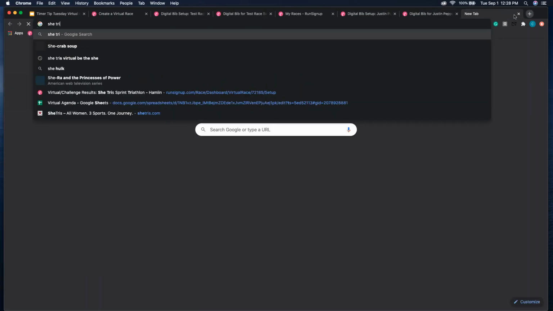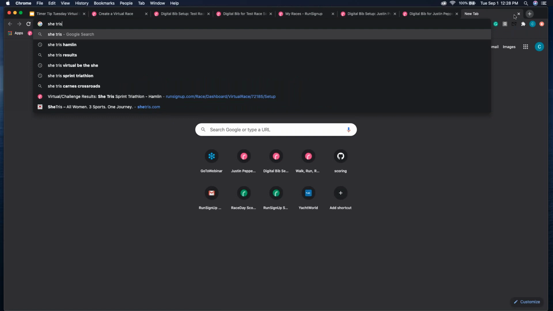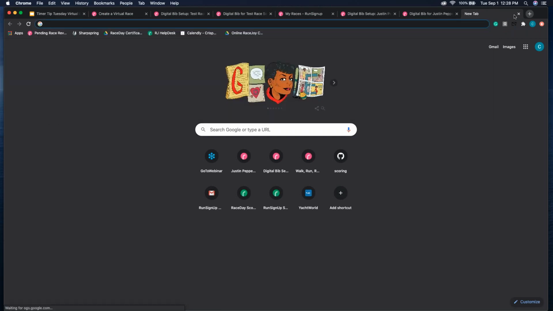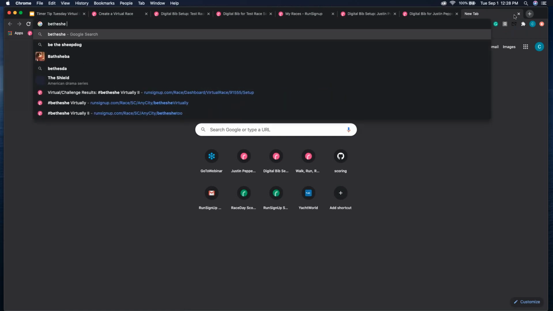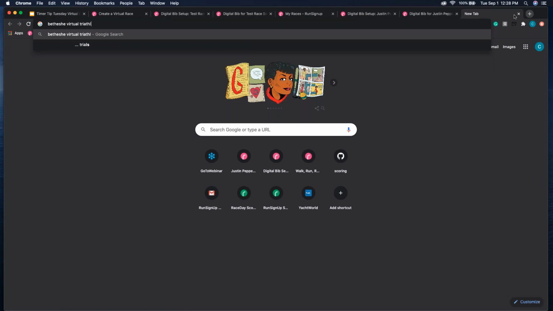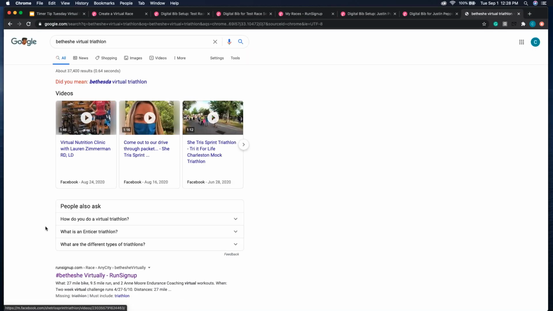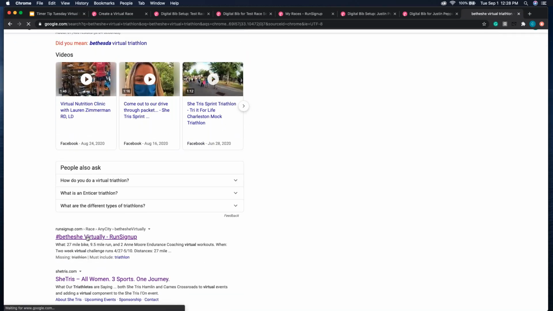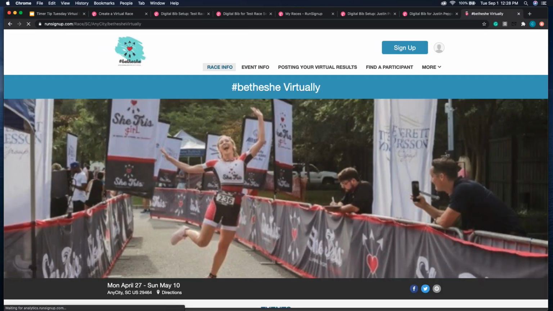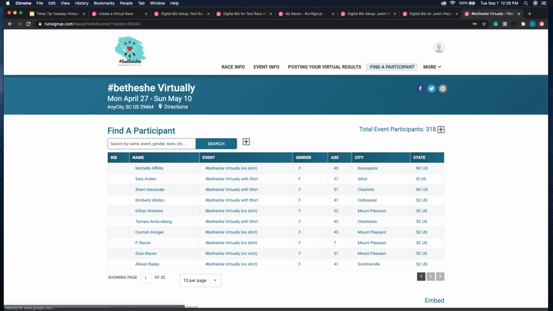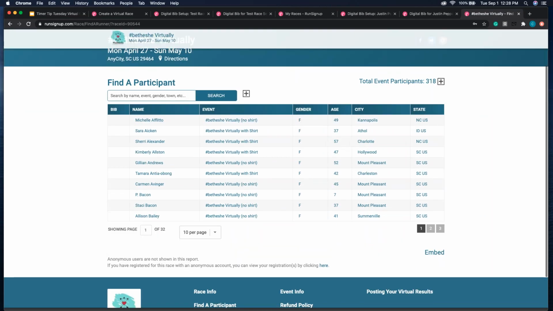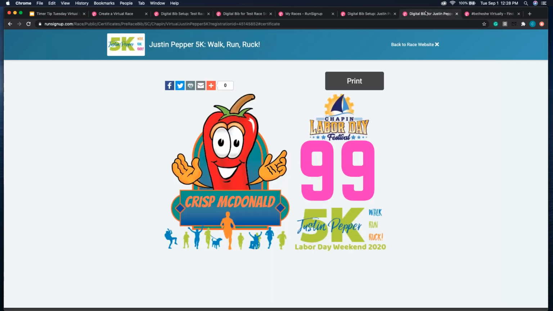Similarly, let's see. I'm going to see if I can find this other event. If we find a participant here, not sure if I can get to any of these results. Well, I'm not going to be able to get to these results. They did a very, very cool